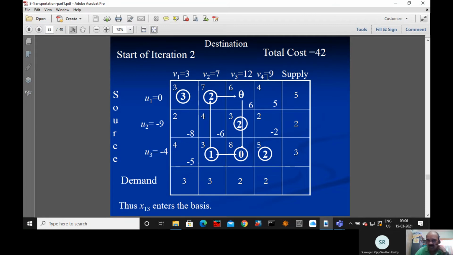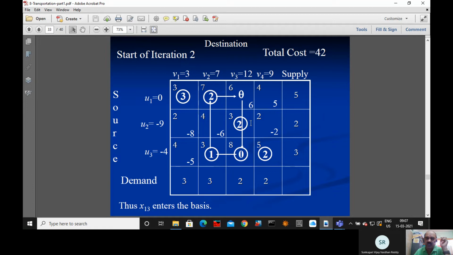Now with respect to the dual variables, we have to calculate whether the solution is optimal or not. If it is not optimal, whether we can improve or not. We have to again check whether ui plus vj minus cij is negative for all the non-basic variable cells. If it is less than or equal to 0, then it is fine. If it is positive, then we have to repeat the process in a similar manner. So we calculate, and after calculating, we check.